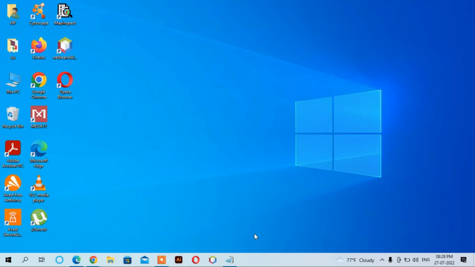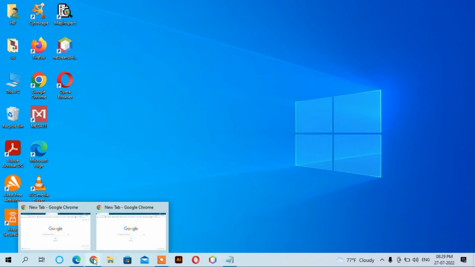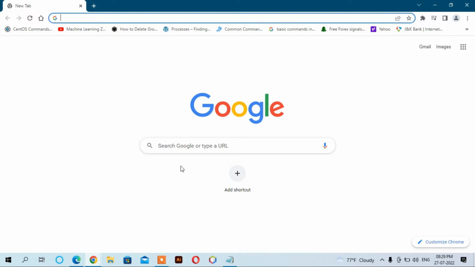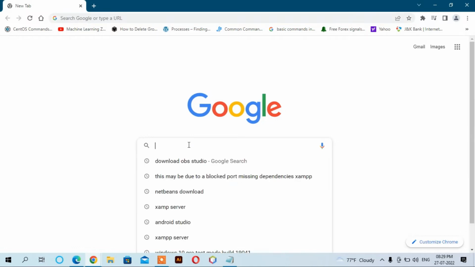In this video I am going to show you how to download and install OBS Studio for Windows 10 operating system. So let us start. First go to your web browser and write down OBS, download OBS Studio,